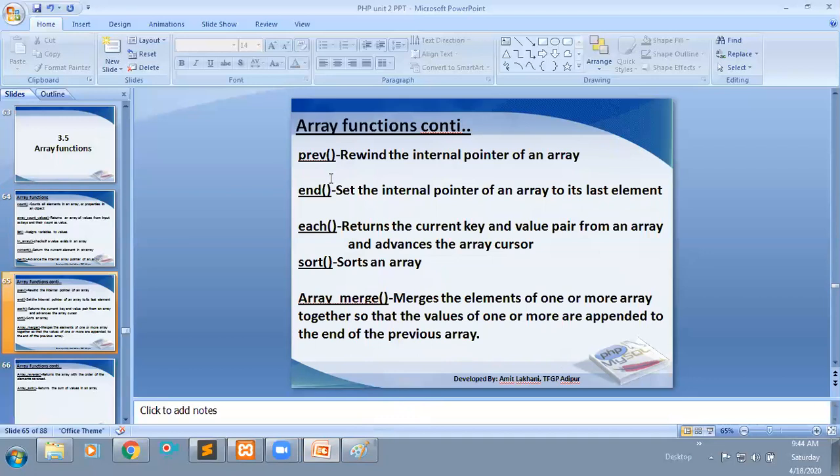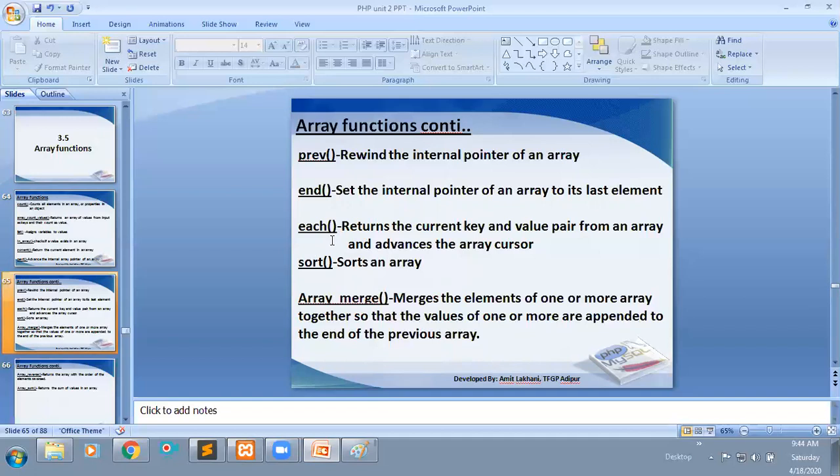Then the end function, which is used to set the internal pointer of an array to its last element. For example, if I want to retrieve the element from the end of that array, just use the end function. Then the each function. All these functions are performed on a single array.